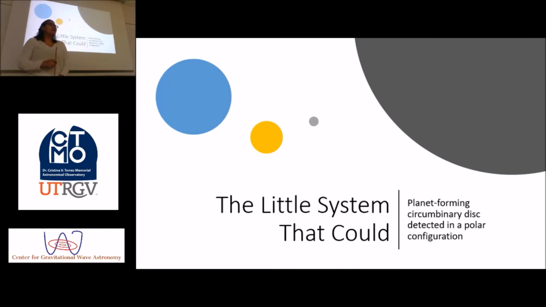Two weeks ago, during our research group meeting, Moises mentioned news about a quadruple star system that had been identified where there was a circumbinary disk that was perpendicular to the plane on which the binary stars orbited each other. And then a few days later, Dr. Diaz approached me about giving one of these seminars about that paper, and so fast forward 2 weeks later, here we are. So today I'm going to be talking to you about the little system that could.